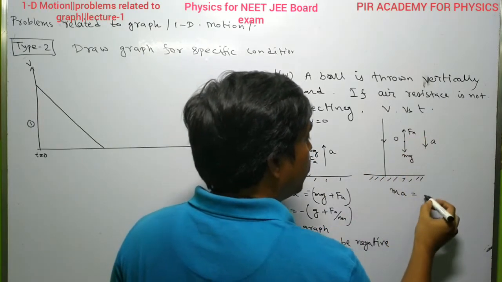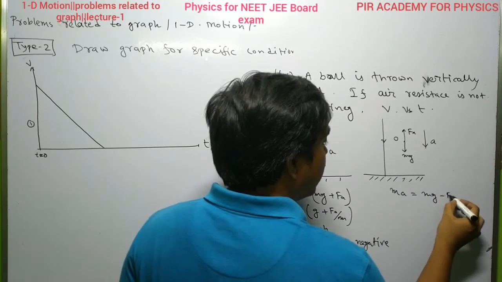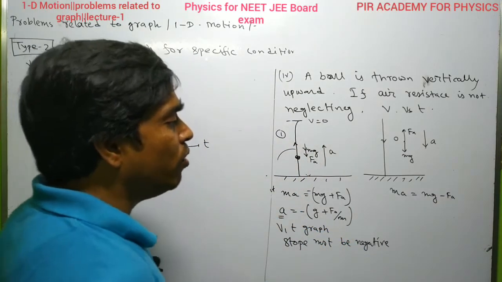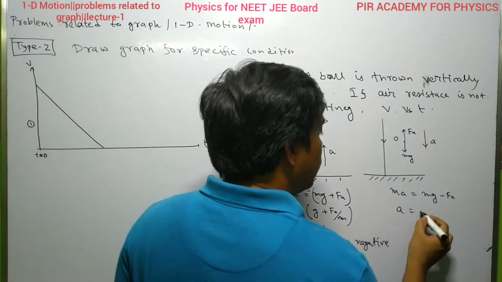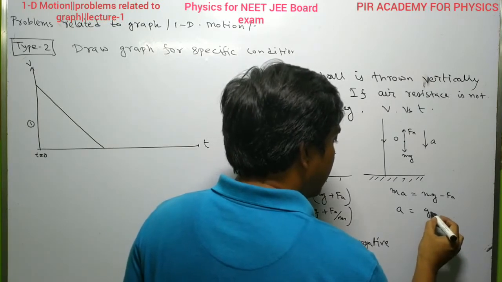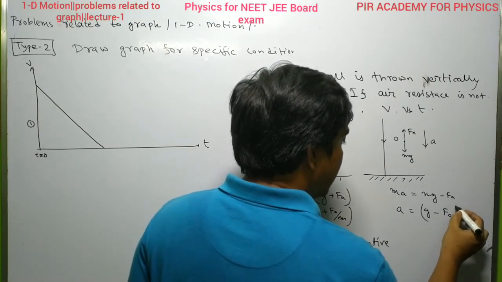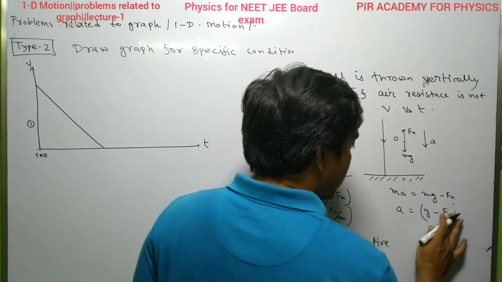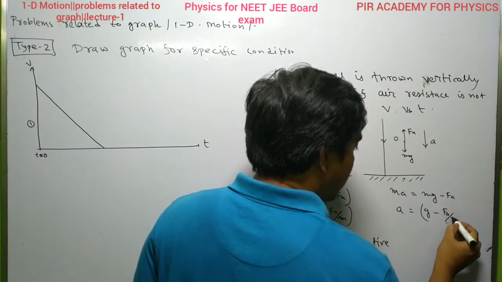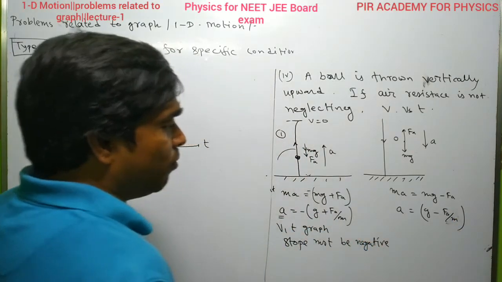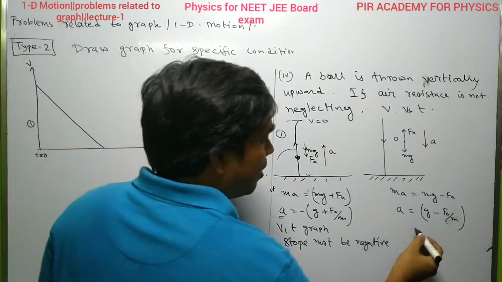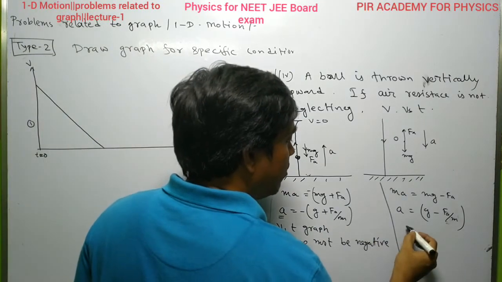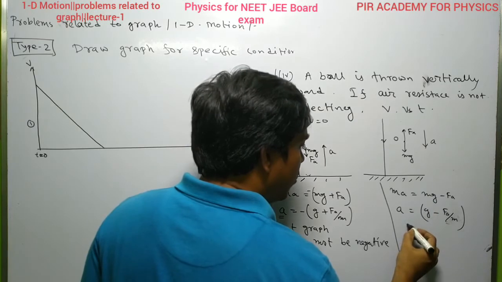The resultant force is mg minus fa. So the acceleration will be g minus fa divided by m. So it is a positive slope. This graph will have a positive slope,